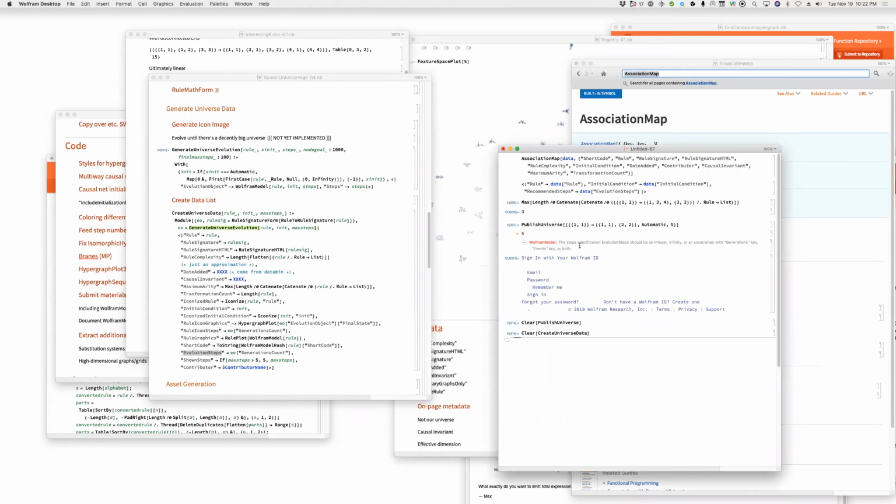Okay, where is this coming from? Well, it could be that we've got some old definition here. I think we have to do a quit and restart everything,